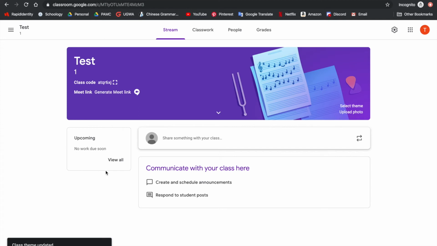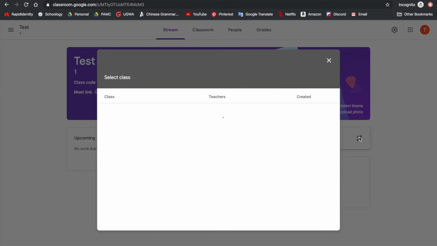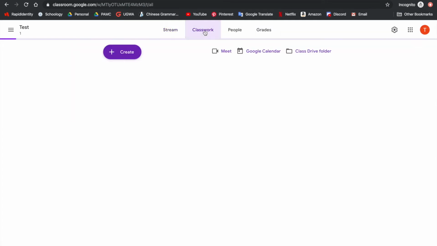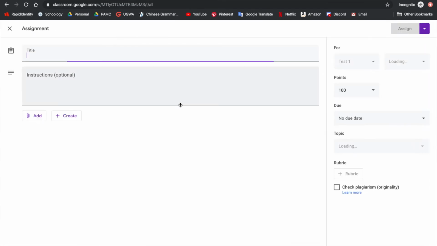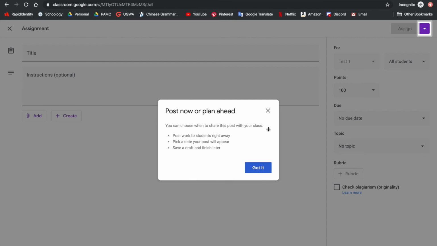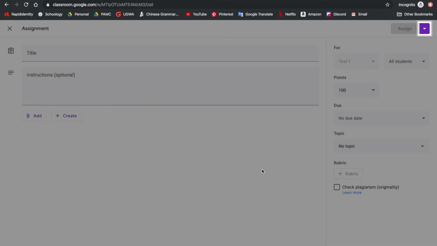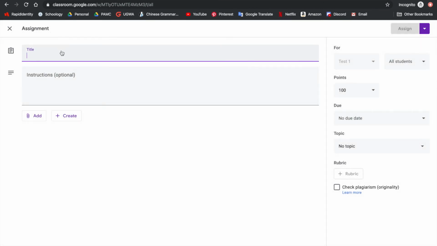So here you can see upcoming assignments that you've assigned, and here you're able to change what class you're submitting it to if you ever end up managing more than one class. Here you can view the classwork that you've assigned. So you can click create and you can assign all kinds of things, but we're going to just look at an assignment. So you're able to post it now or assign ahead, and we'll talk about that more in a